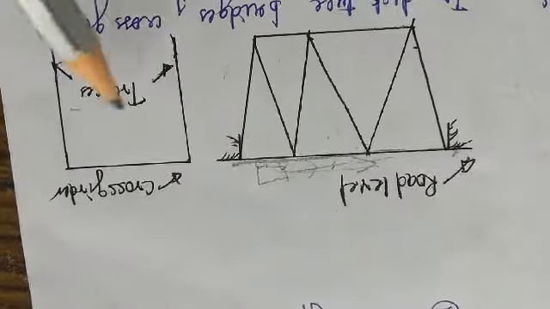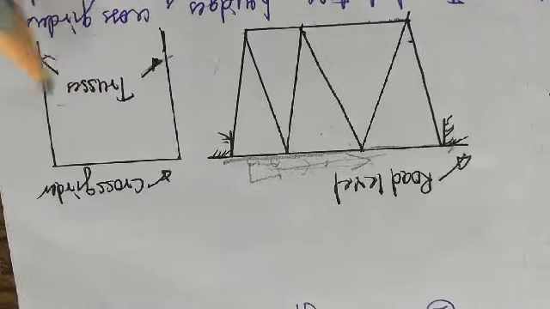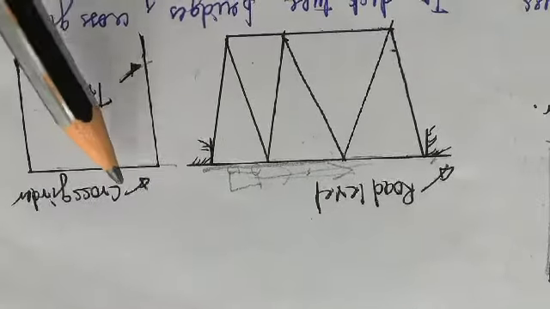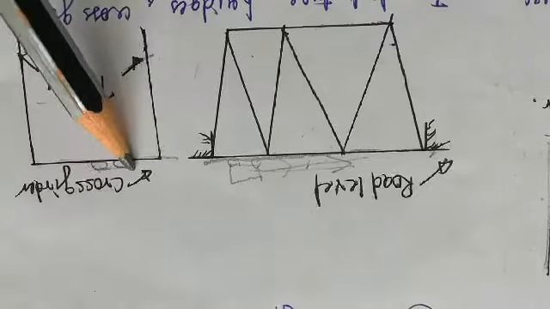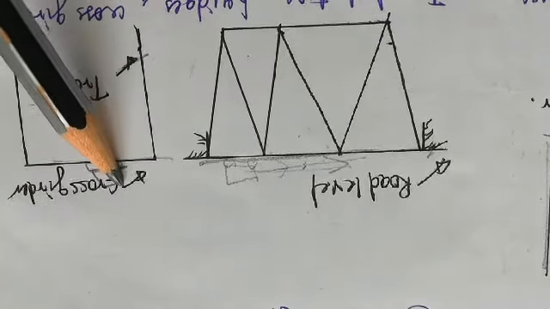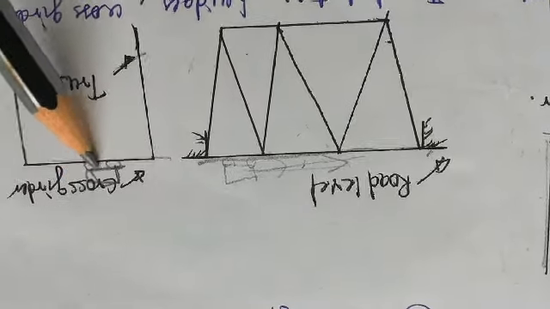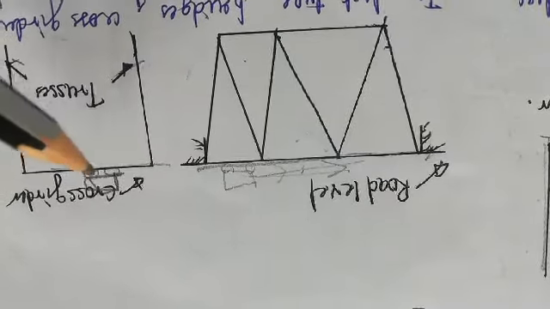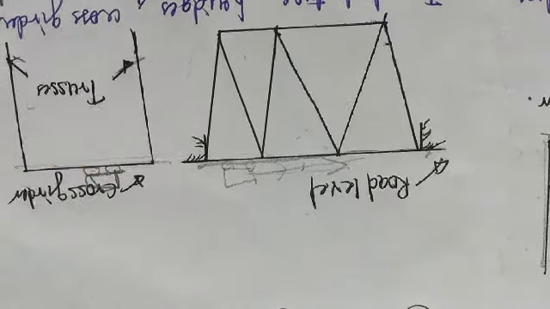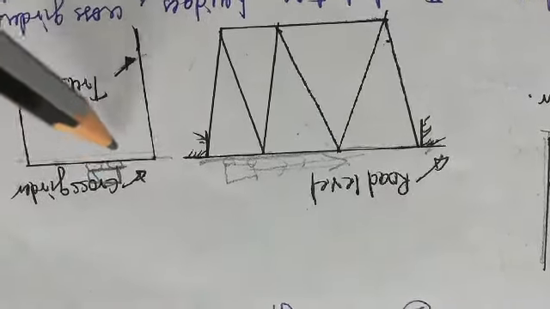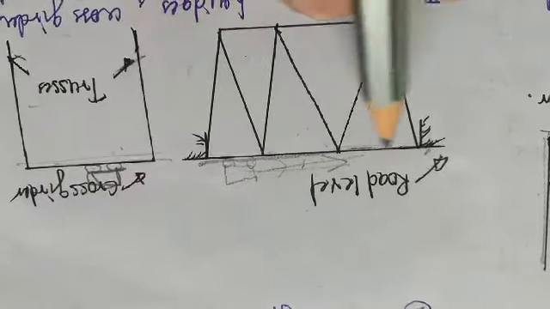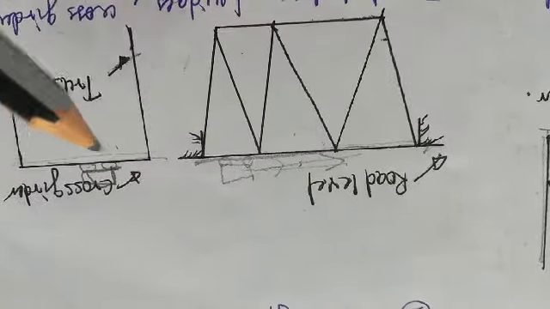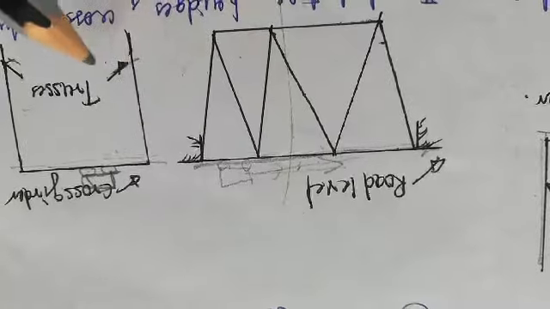If you see in the cross section, these are the trusses connected by this cross girder, and here the vehicle moves on this cross girder, perpendicular to the direction of the paper. Okay, here in line with the paper, here perpendicular, because I am taking a cross section and showing it to you here.